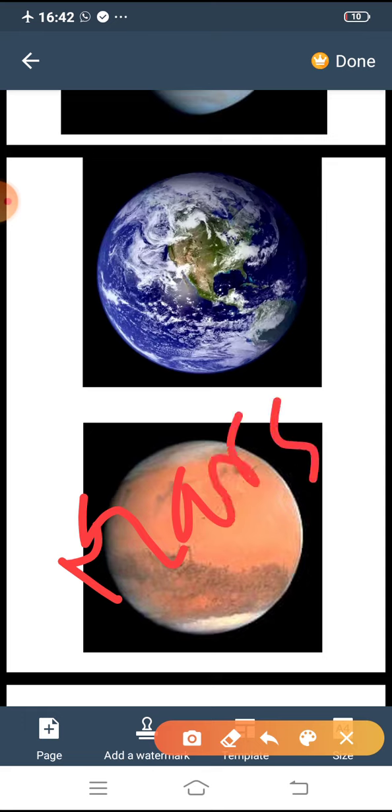Mars. It is the outermost of the terrestrial type planets, that means Mercury, Venus, Earth and Mars, at an average distance of 227.9 million kilometers from the Sun. It is named after the Roman god of war because its red color as seen from the Earth reminded people of blood. Mars rotates about its own axis in 24 hours, 37 minutes and 22 seconds and revolves around the Sun in around 687 days.